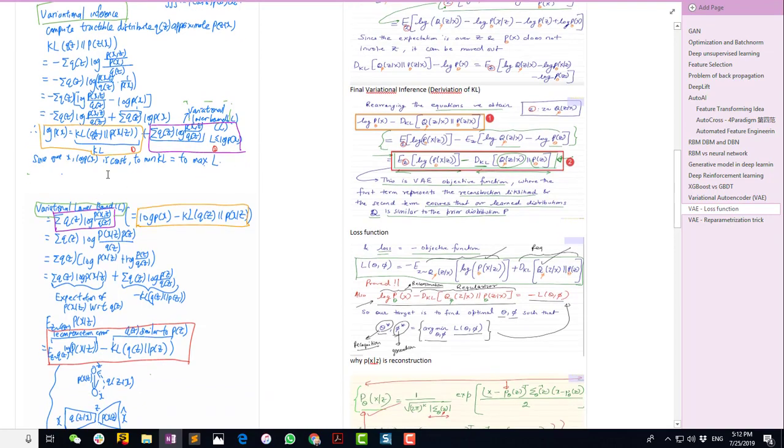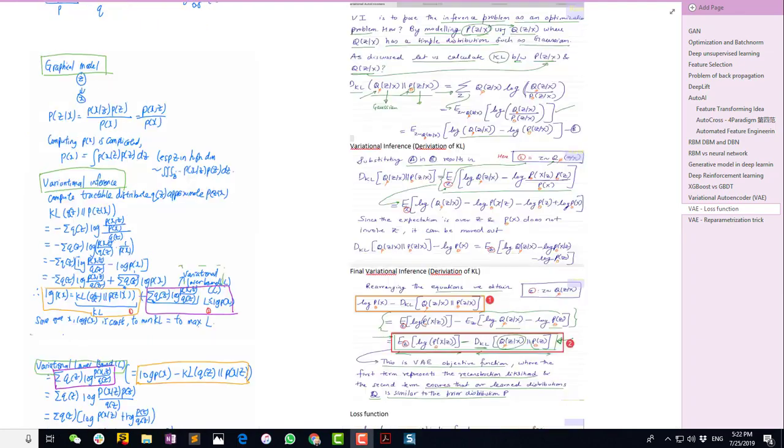And you can see that log P(X) will be a KL divergence plus a variational lower bound. So we call this the variational lower bound. Why? Because given X, log P(X) will be a constant. Now what we want to do is to get this value as small as possible, which in turn we want to